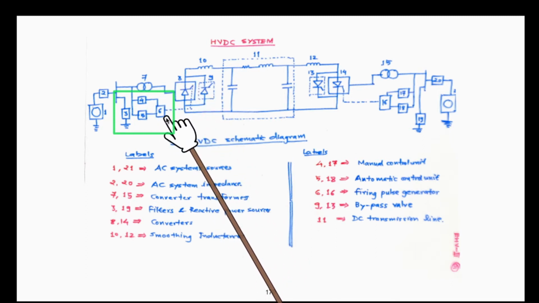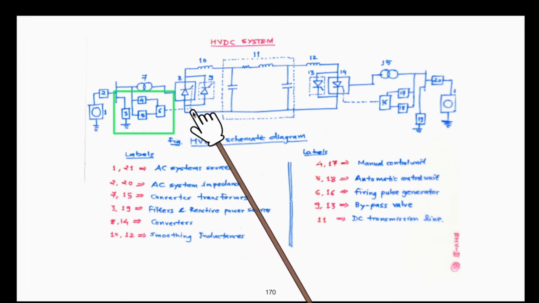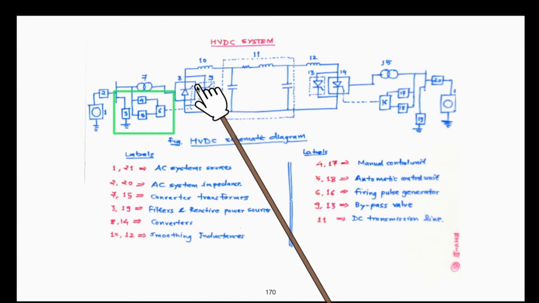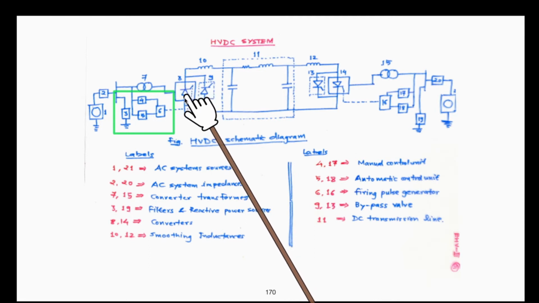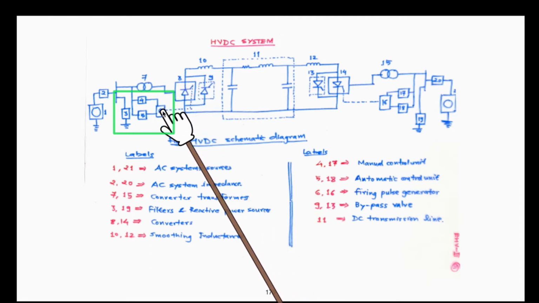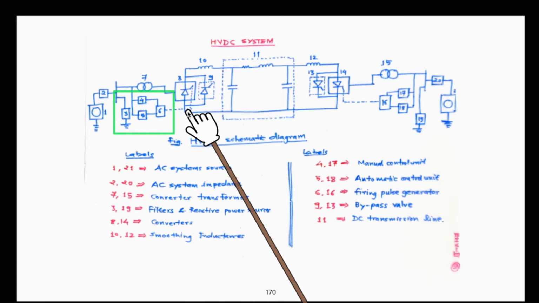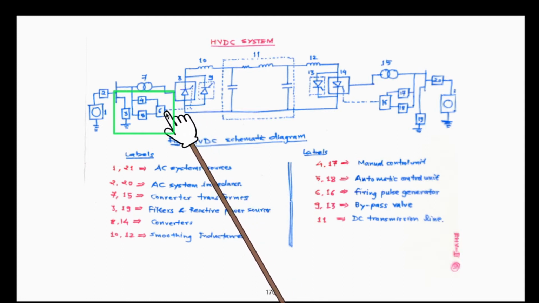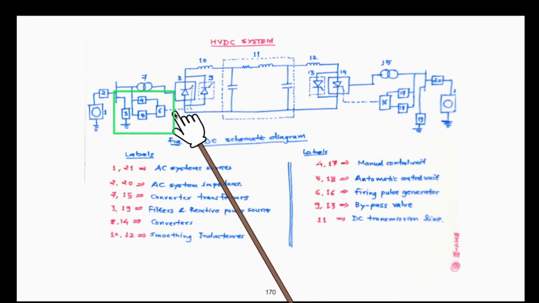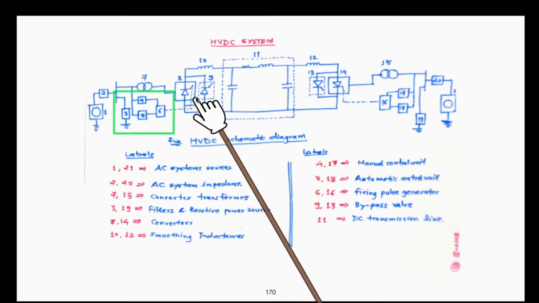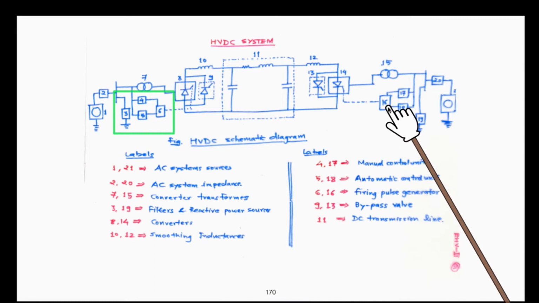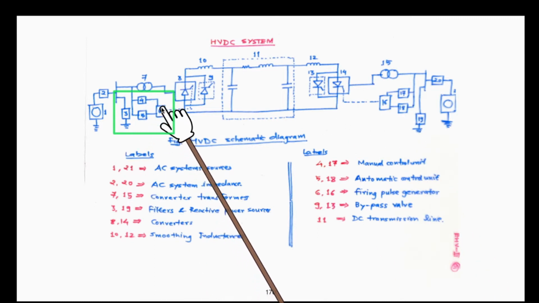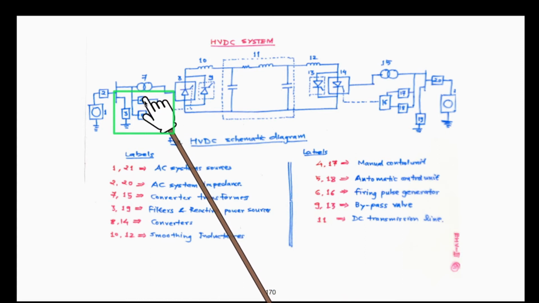Firing pulses are generated at the ground potential. Later on they are amplified, and through an isolation transformer they are sent to the high voltage level for triggering of thyristors, because this is a power circuit and this is low power, only meant for generating pulses. So this is done at ground potential, amplified and then sent through an isolation transformer. So this is pulse generator circuit 6. Here it is 16.